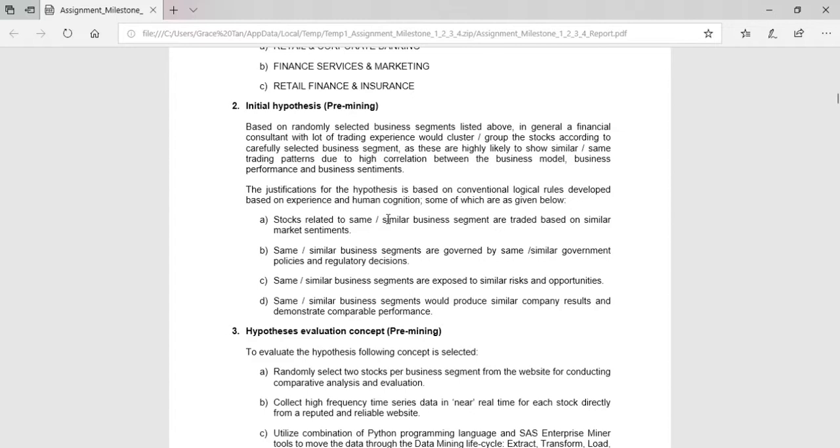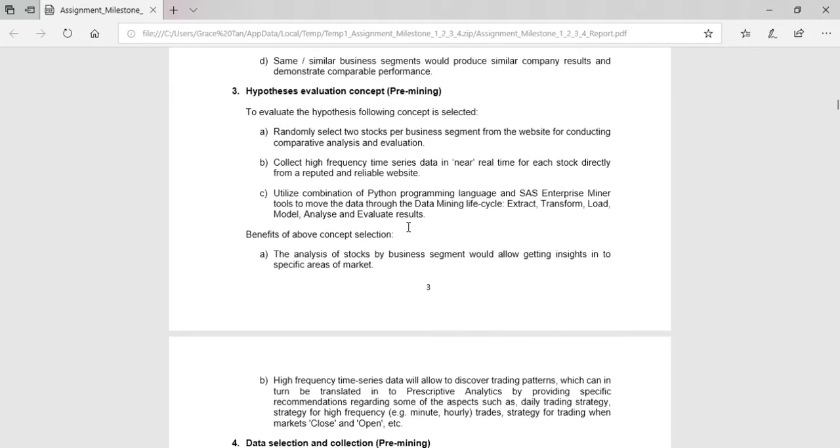They are governed by the same or similar government policies and regulations. They are all exposed to similar kinds of risk and opportunities. And basically, the business segment has a benchmark that produces similar company results and demonstrates comparable performance. So that would be the initial hypothesis, a belief coming from human cognition,